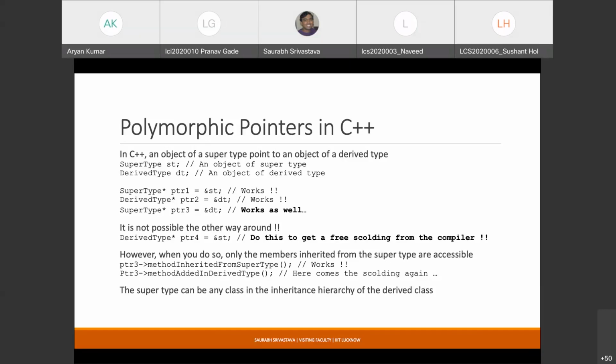Inherited, as in the derived class does not have access to it. But assume that there is a method in the superclass, something like get id and set id. Even though id, the field, is private, you can still have two public methods, get id and set id. So these public methods are inherited by the derived class, and these methods are still valid. You can still call